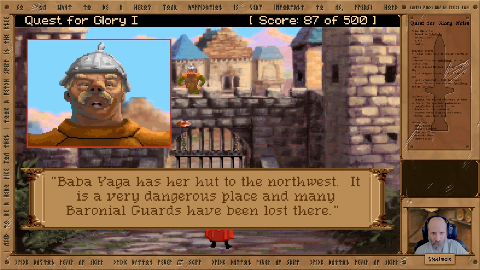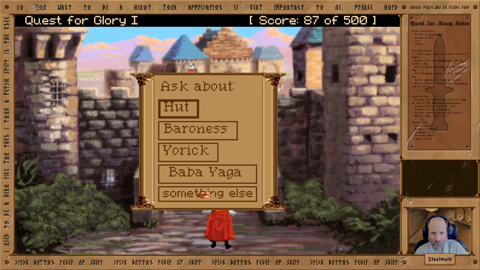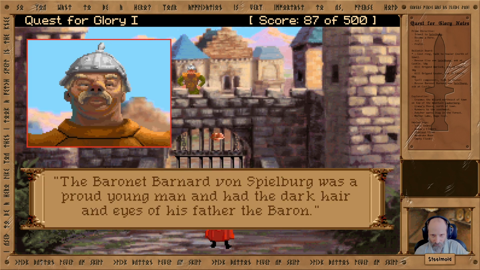We asked about the hut, right? Okay. What did we not ask about? Tell me about Bernard. The Baronet Bernard von Spielberg was a proud young man and had the dark hair and